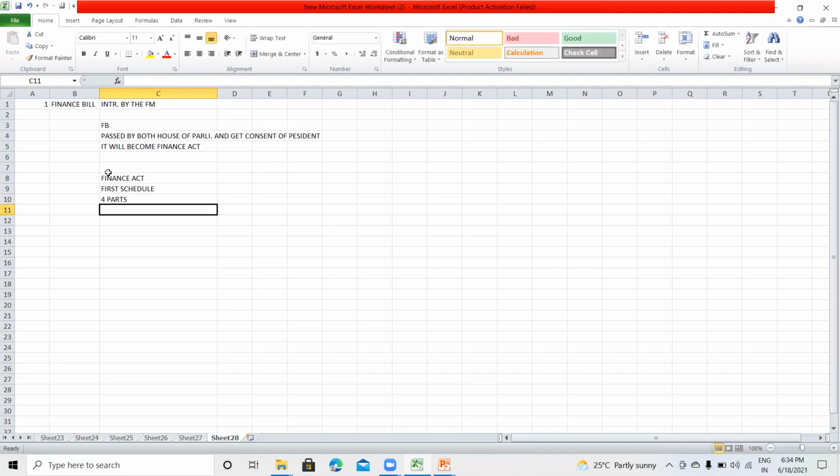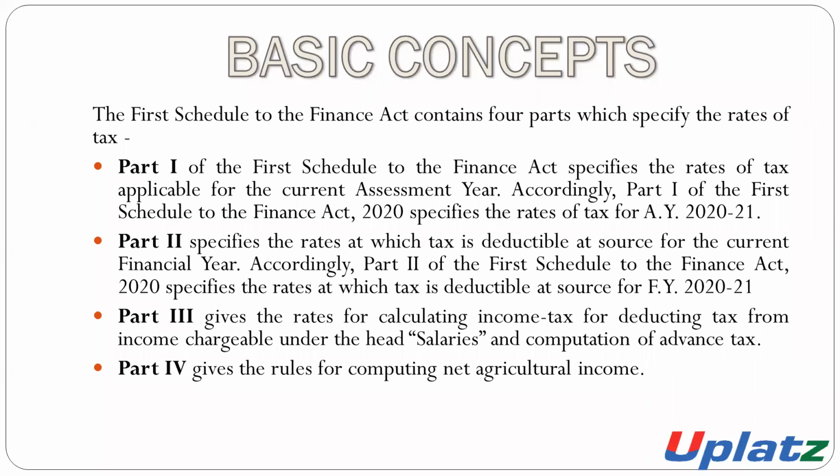These four parts specify the rate of tax. All these four parts of the first schedule of the Finance Act specify the rates of taxes. Part 1 of the first schedule of the Finance Act specifies